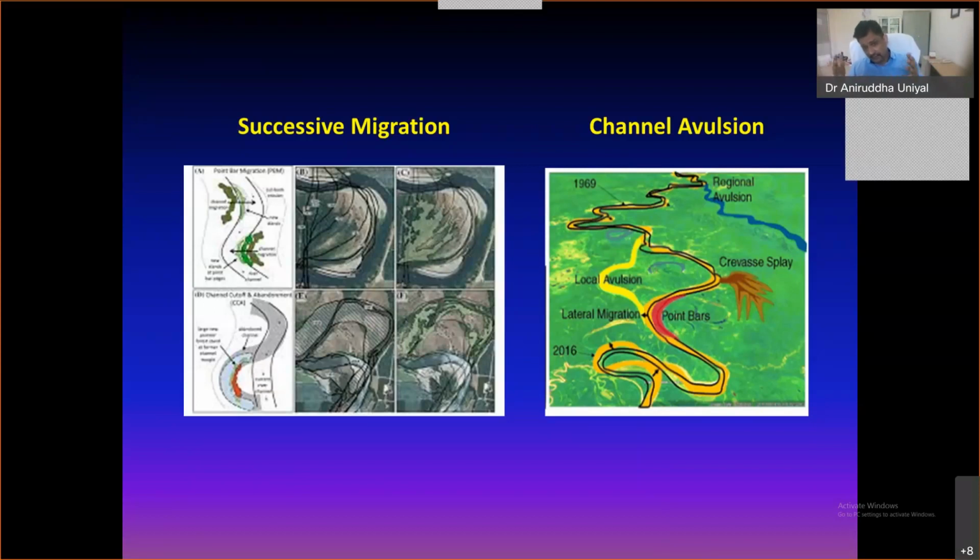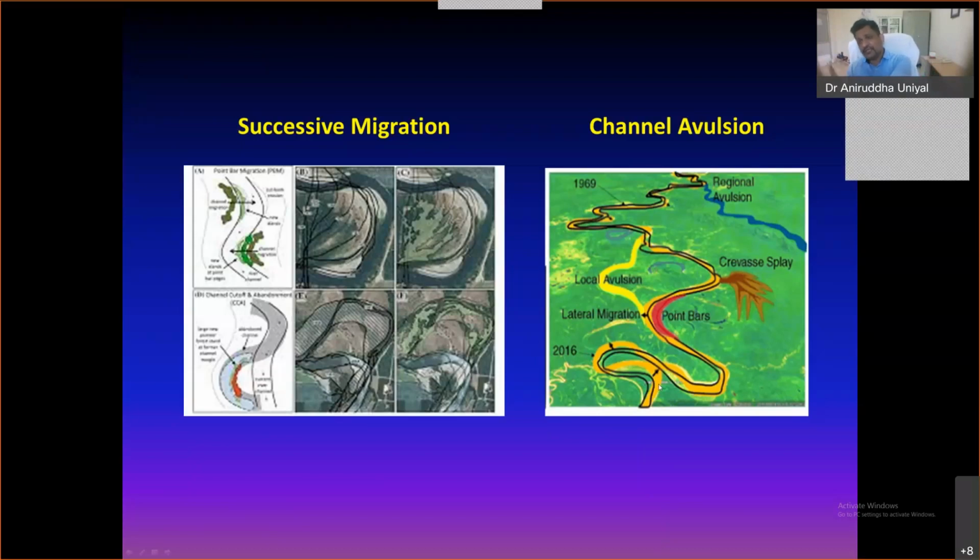Then, in alluvial fan regions, the channels are braided, and there are a number of bars formed within. And once they enter from this alluvial fan region to the plain region, the velocity of the river further decreases, and this is how we can see these loops. They form a number of loops or bends which are called meanders. Now, this is the mature stage of the river, wherein it is witnessing meandering.